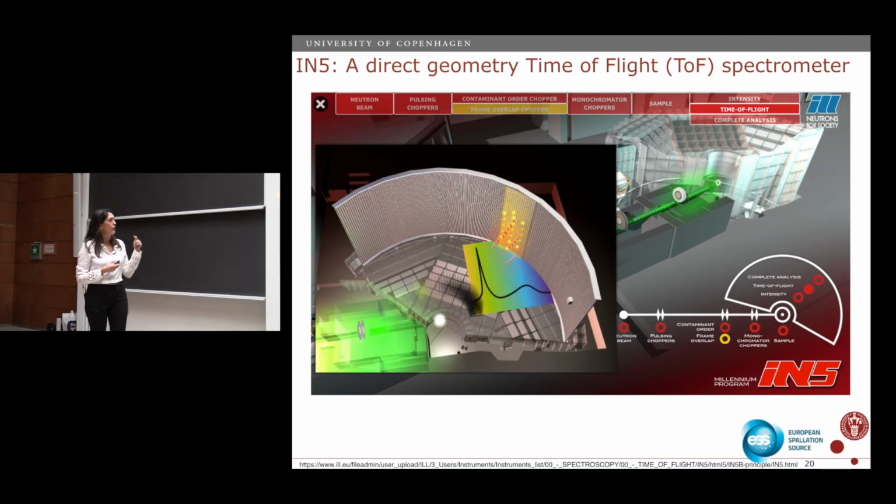So just for you to remember, when I'm doing an experiment, I have my idea, right? As a user, I have my preconceived idea. I'm going to measure some excitation at this energy. So what I do, I tell the instrument scientist, great, configure the instrument for me this way. Run the choppers at this particular frequency so that we can select a particular incident energy, then I will have my data. Well, it's not that easy, is it?